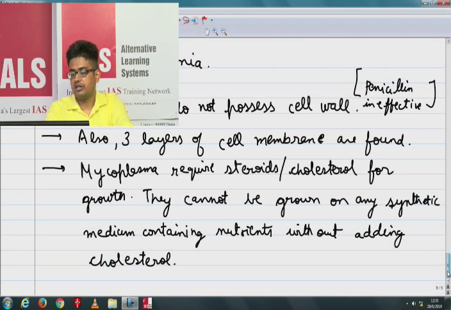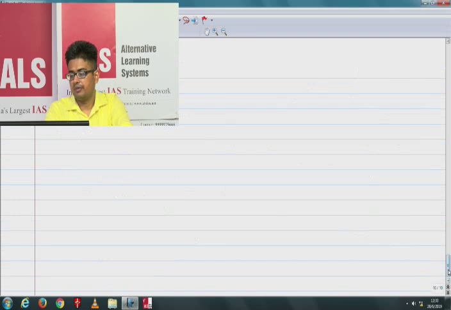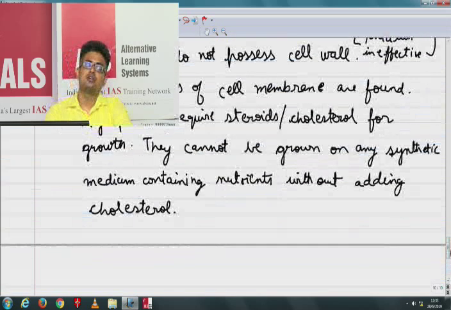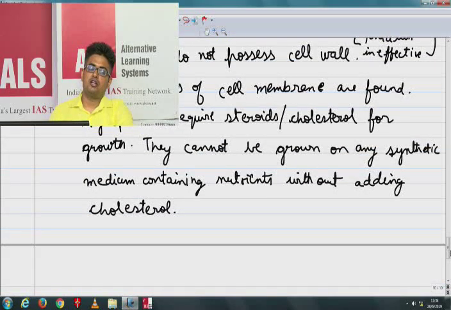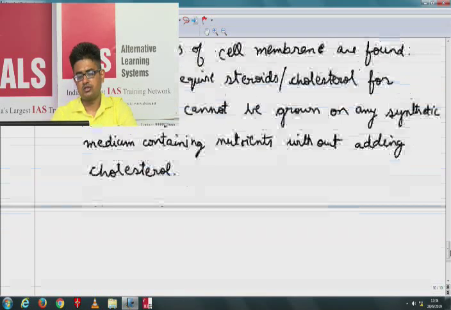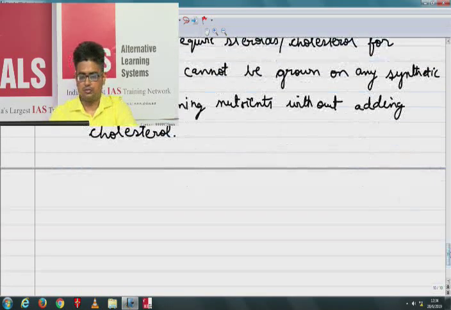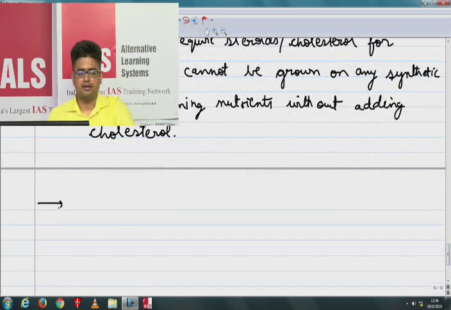Generally, the mycoplasma are obligate parasites. Obligate parasites means those organisms which will try to infect a particular kind of host only. But they can grow on other things also. So we do not try to confuse ourselves in that. Anyway,